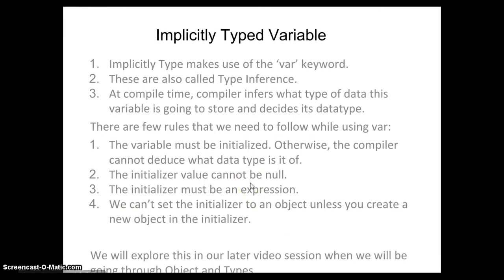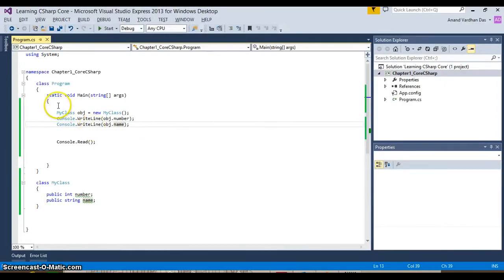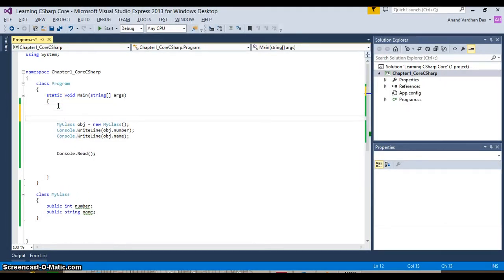Now what are implicitly typed variables? Implicitly typed variables are those variables in which we don't need to put the data type. We use the var keyword instead of the data type, and we simply initialize the value. So initialization is a must. If we do not initialize it, it is going to throw a compile time error. As soon as the compiler compiles it, the compiler assigns its data type on the basis of the value